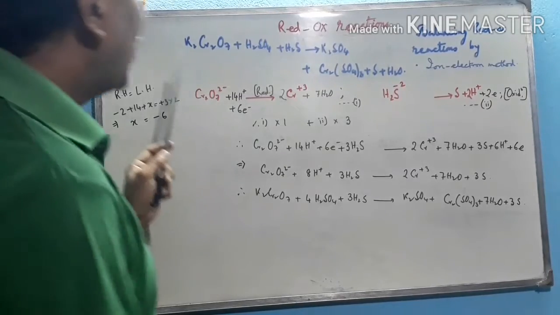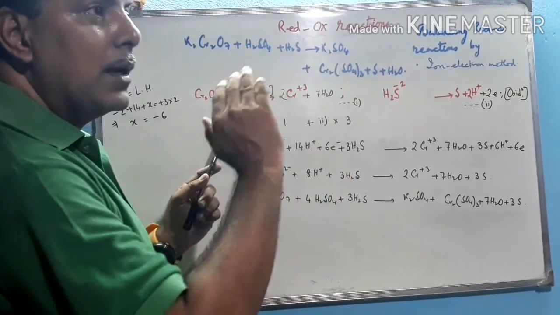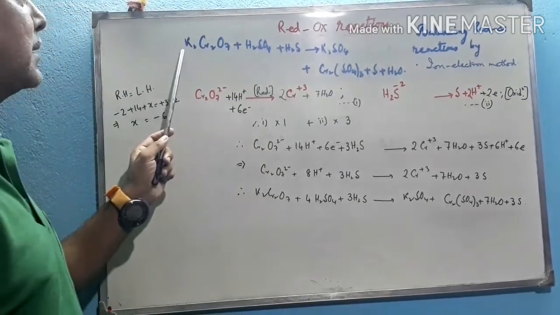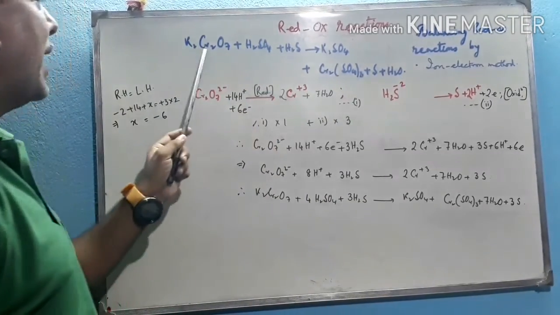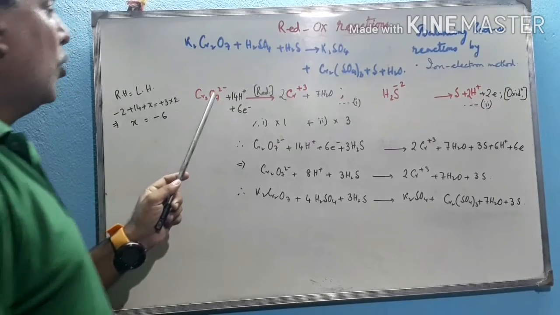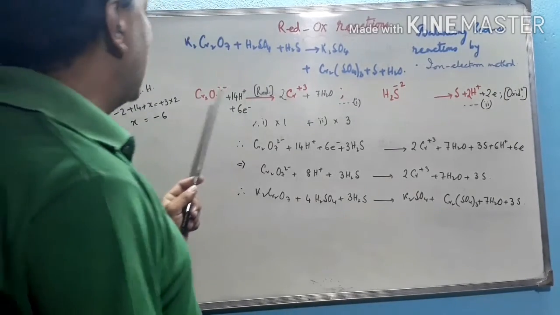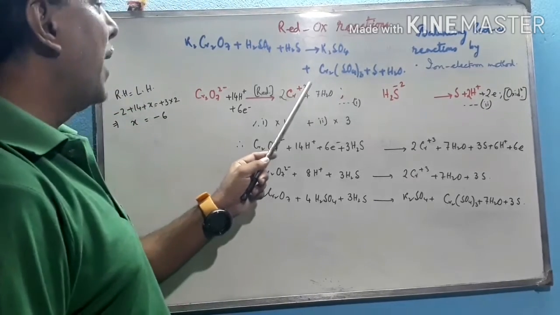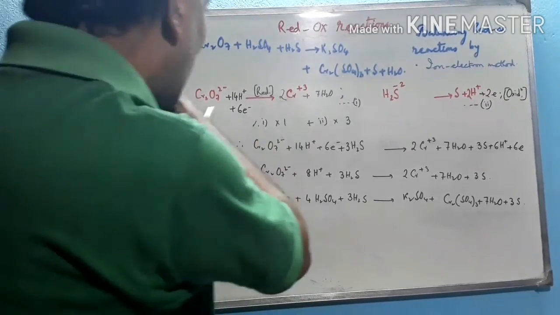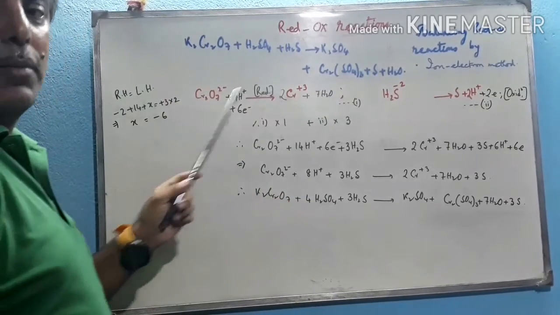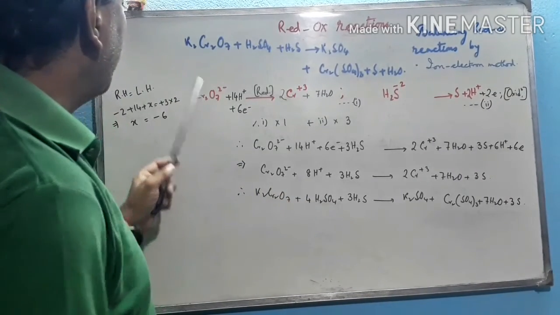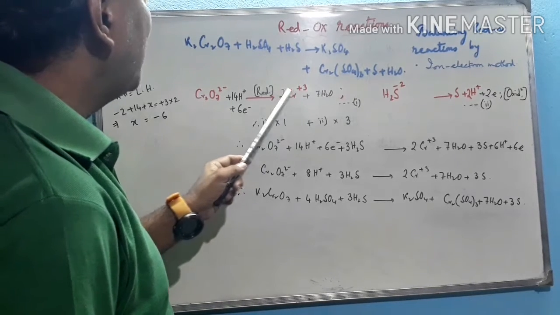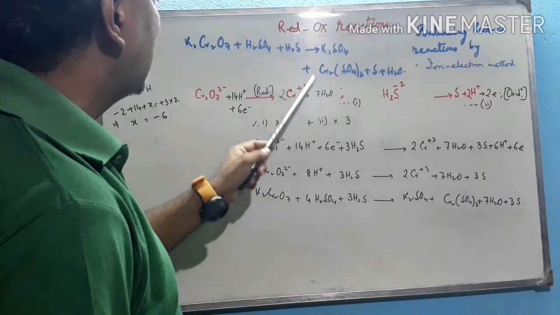First, we have to write the ionic reactions. Potassium plus remains unchanged on both sides. So the dichromate anion takes part in the redox reaction: Cr2O7 2 minus, arrow, Cr3 plus. Now first we have to balance the number of chromium atoms on both sides. Here on the left-hand side the number of chromium atoms is 2, so the right-hand side is multiplied by 2, that means 2 Cr3 plus.